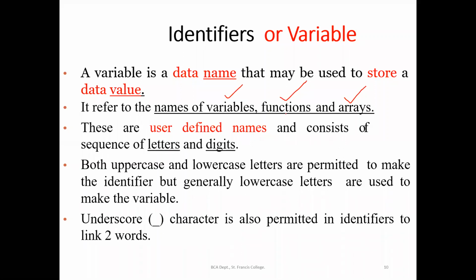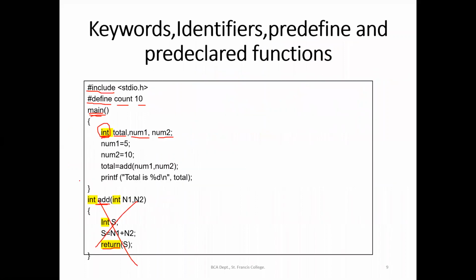Now you can name the functions also. In the previous example, I showed add is a name of a function. This name I gave; if I want to give addition, I can also give that. If I just want to make it another name, I can name the function as plus also. It is a user defined function. In this function, main, I cannot change the name, but this is a user defined function. What is a user defined function? Whatever the user is defining. So whatever the user is defining, that is a user defined function, and I can give any name for this.